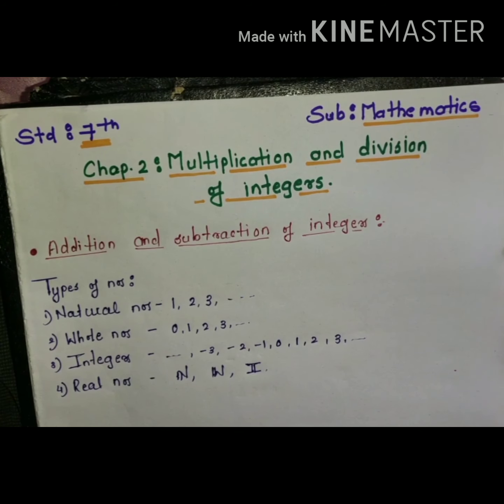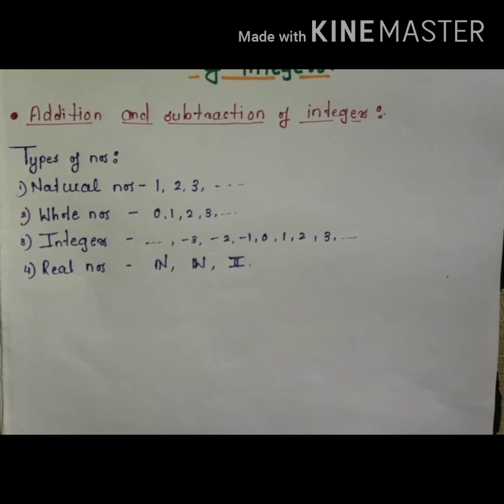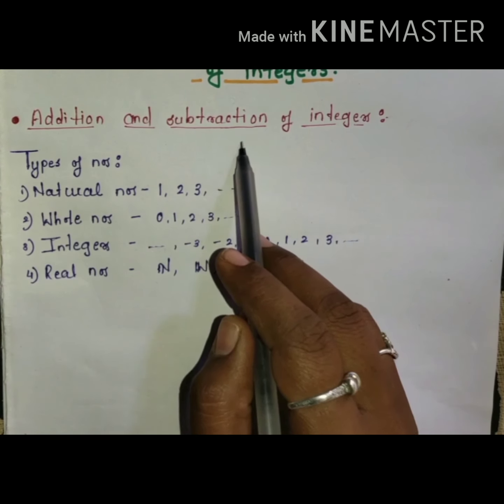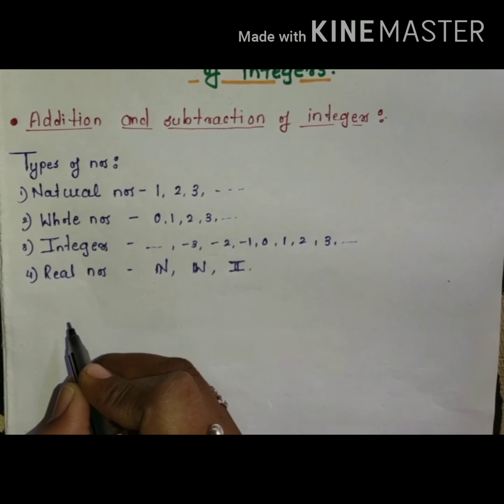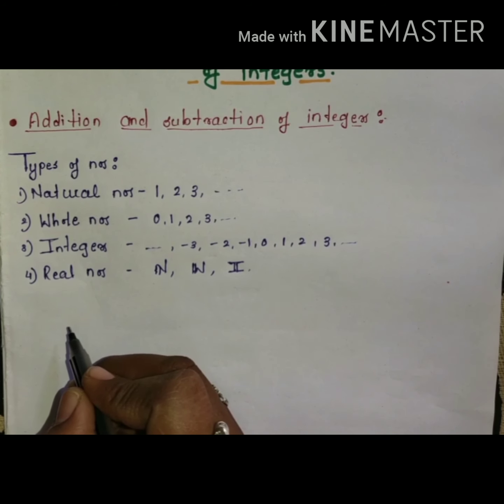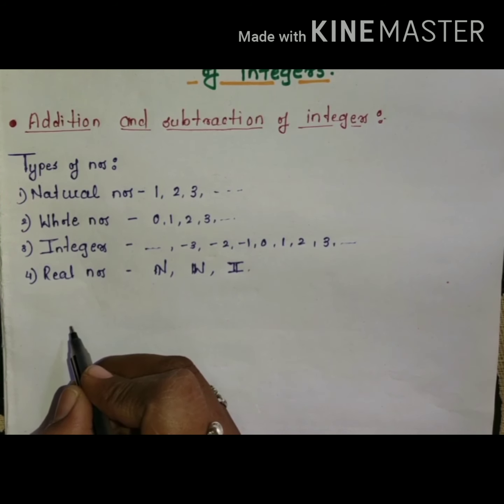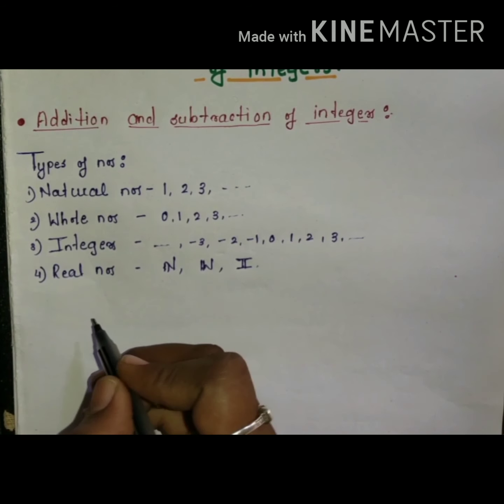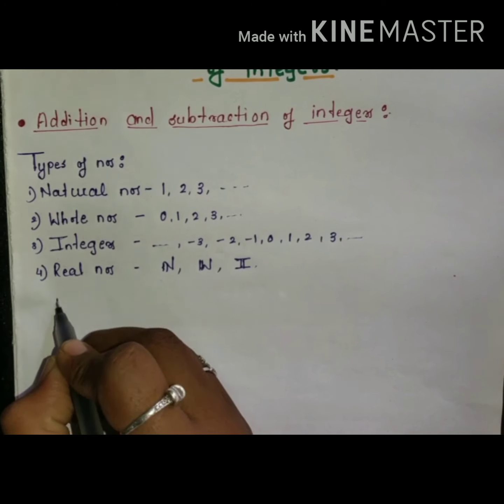Before starting with the multiplication and division of integers, we will first learn addition and subtraction of integers, how to add integers and how to subtract integers. This concept we already learned in the 6th standard, but we will first revise it and then go with the multiplication and division of integers. Then first example,